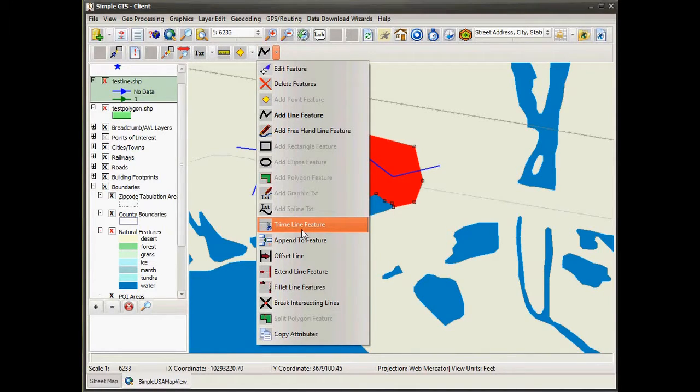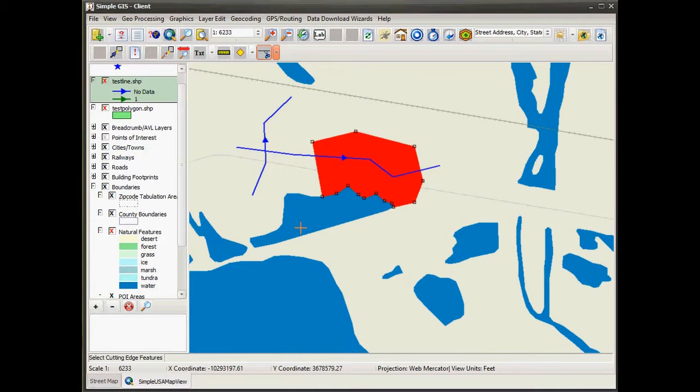So the first function I want to demonstrate is the trim line feature. So I select trim line, and notice when I do, again, look in the lower left corner of your map in the status bar for a hint of what it's expecting. So in this case, it's asking me to select the cutting edge feature. This can be features in the current shapefile that intersect the feature you're wanting to trim. So for instance, if I select this line as the cutting edge,